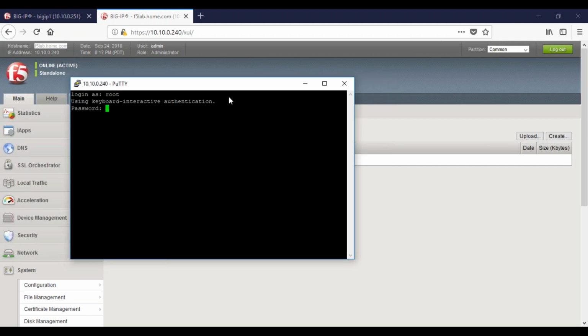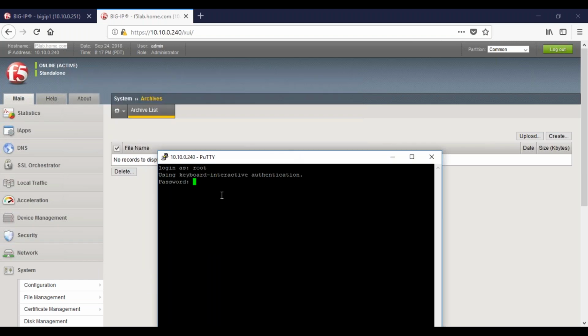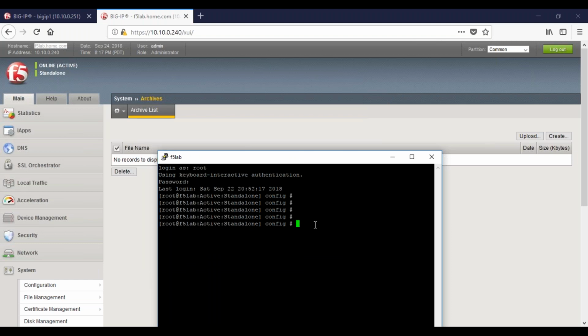So in the CLI, the username would be root and the password is default. So in here, if I want to create my UCS file, I would go to my tmos shell using the tmsh command,